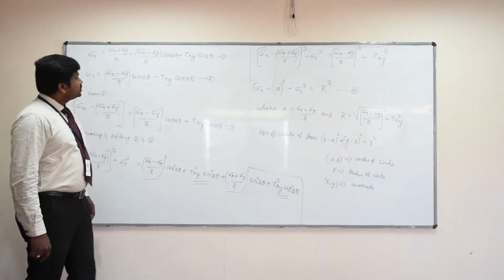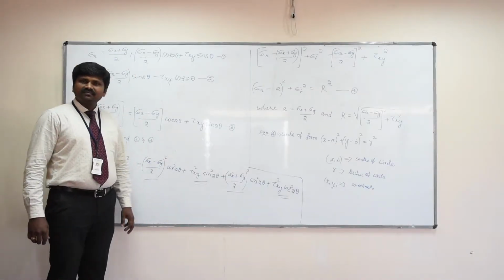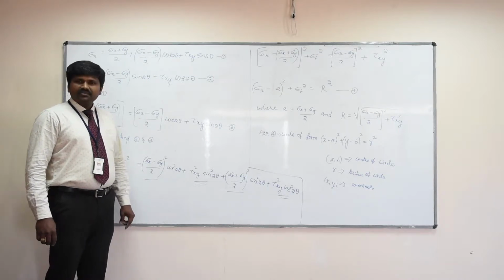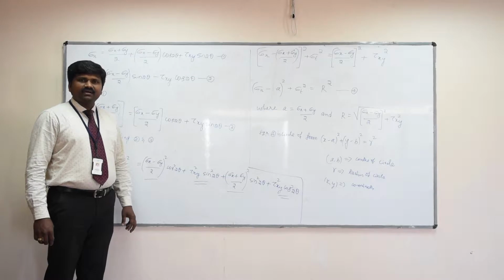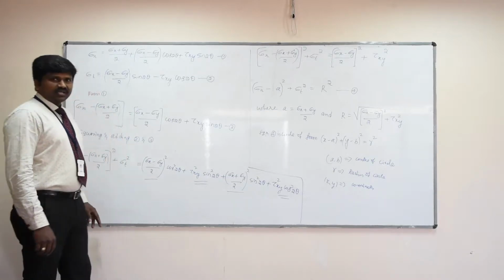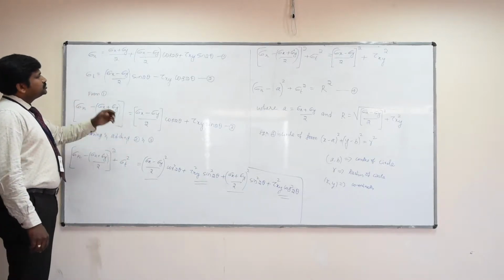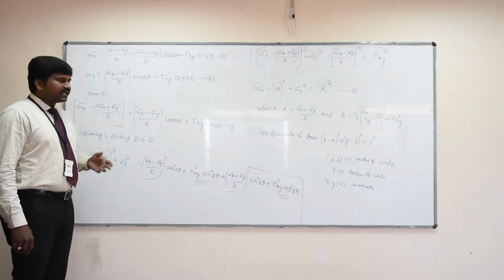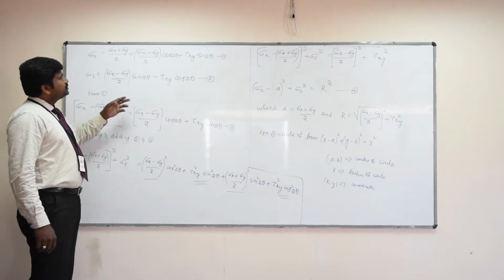So today I am going to talk about the Mohr circle diagram for a plane two-dimensional stress system. Elements subjected to two-dimensional stress sigma x, sigma y and tau xy, the general two-dimensional stress system. To understand how the Mohr circle diagram is analyzed, before that we need to understand